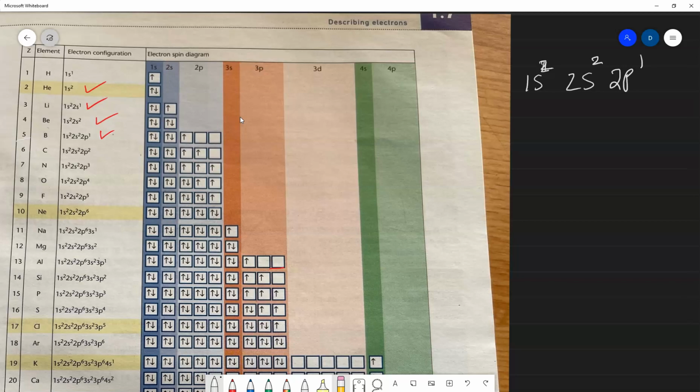You know there are 3 orbitals in the p subshell, so there are 3 p orbitals. So first you have to show all the orbitals. This is the s orbital of the first shell, this is the s orbital, there's only 1 s orbital, and there are 3 p orbitals. So you have to show all the 3